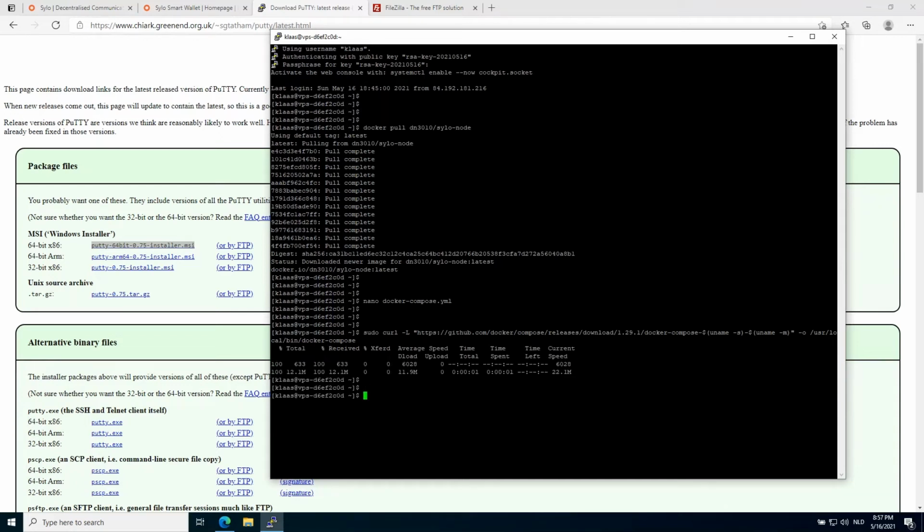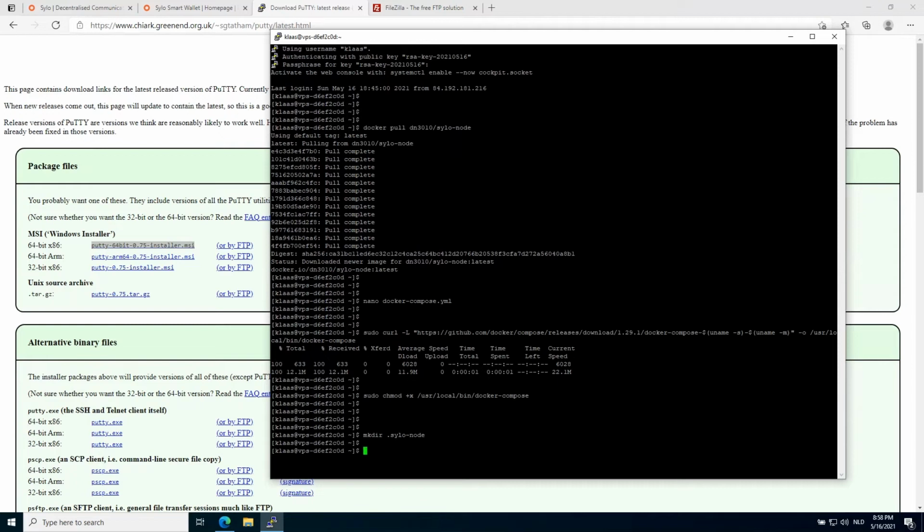Okay, so that's downloaded. We need to make it executable, which can be done by this command. And now we're going to make a directory in which we'll store our SYLO node data, which will be generated automatically. So that can be done via mkdir